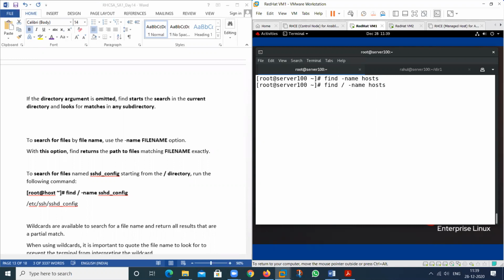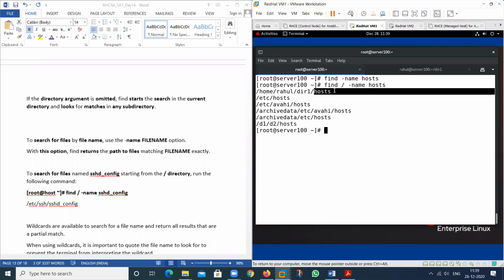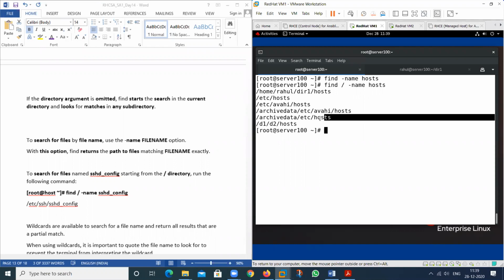If I provide the location, then we got the result. See here, we have a file related to the hosts that is contained in this particular directory also. So it will search the runtime database also that I have recently copied in the hosts file also. So these are the locations where this particular hosts file will exist. In D2 also, see here.